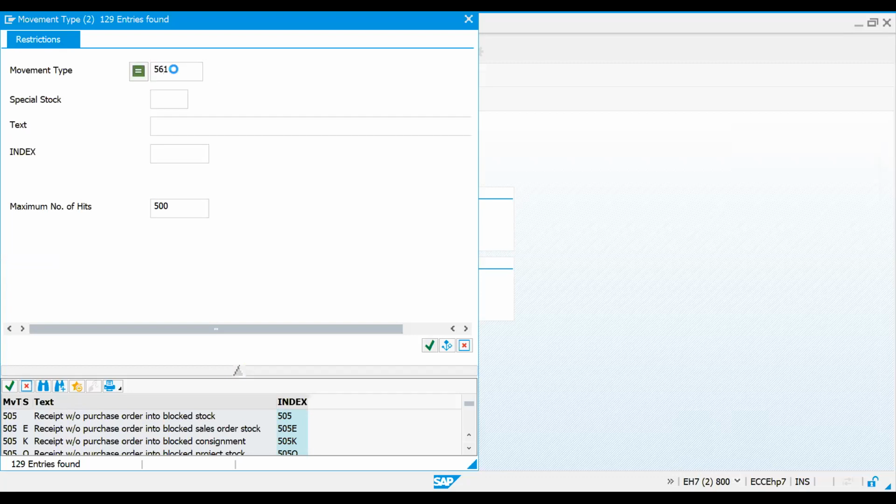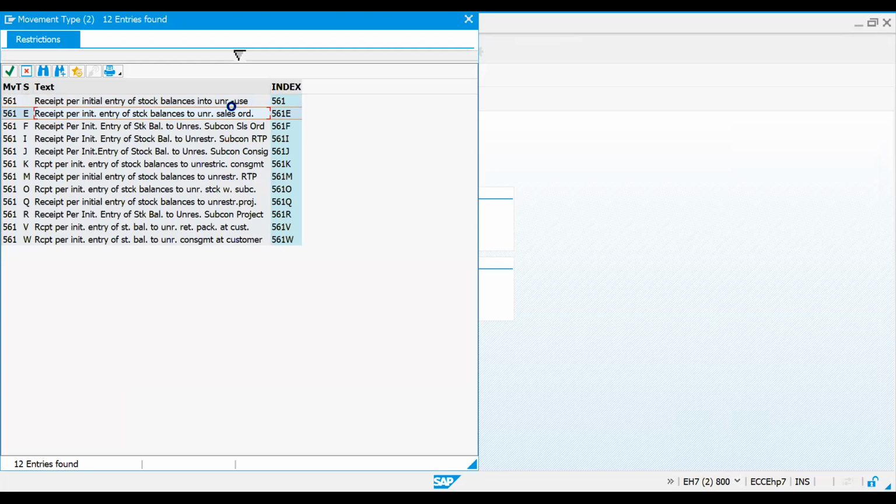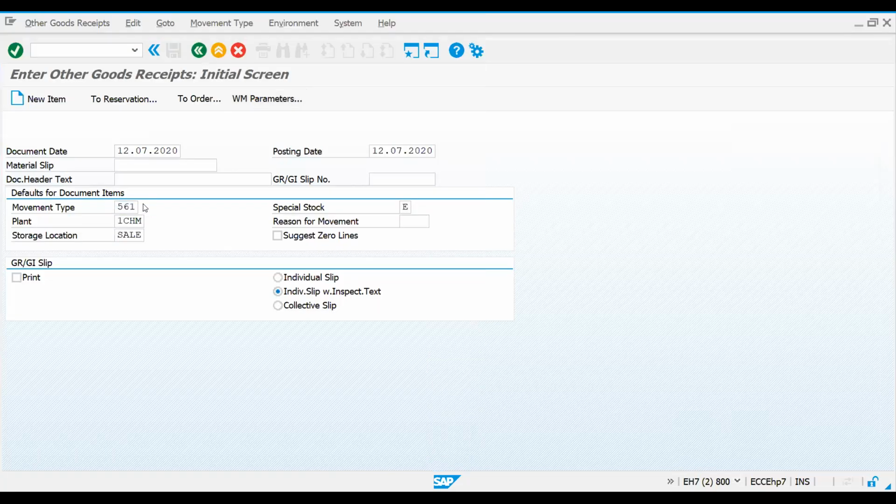Let's filter it. You can see for 561, there are different movement types. It is the receipt for initial entry of stock balances into unrestricted use. So let's select 561.